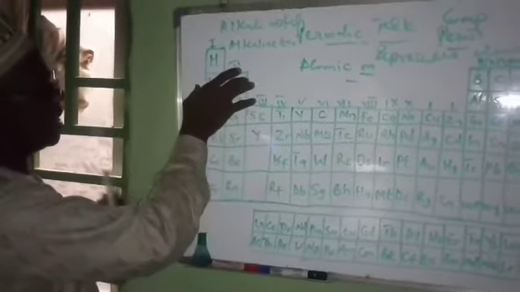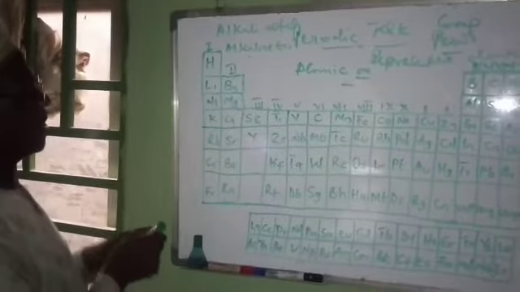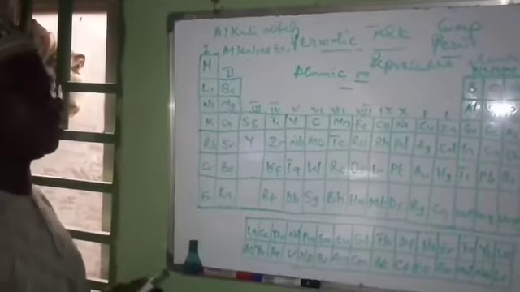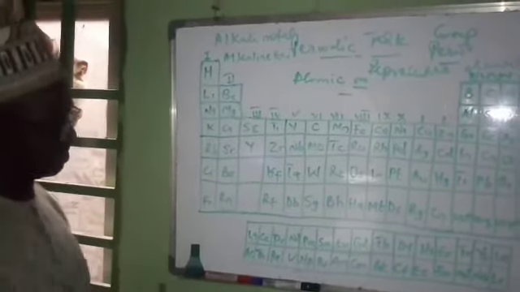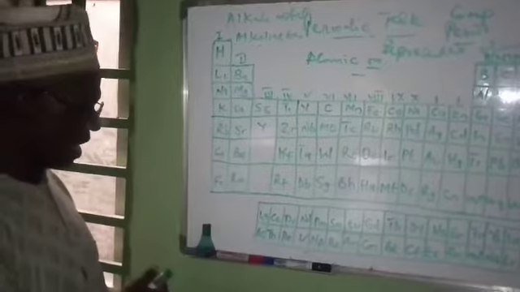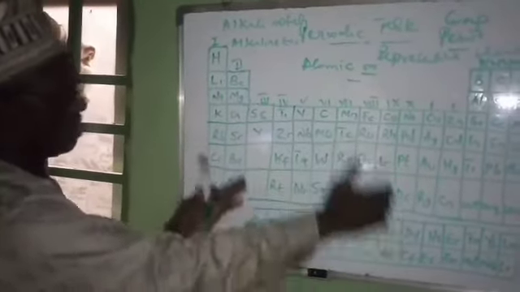So generally, the representative elements, you can also refer to them as the S and P block elements, and the transition elements, you can refer to them as the D block elements. And the lanthanides and the actinides, you refer to them as the F block elements. They are all transition elements in between the